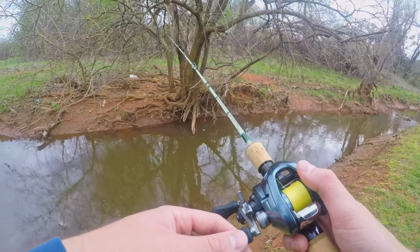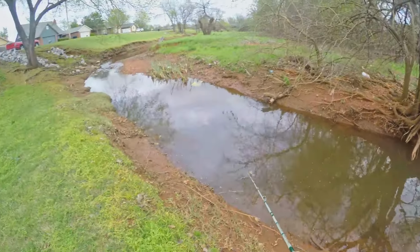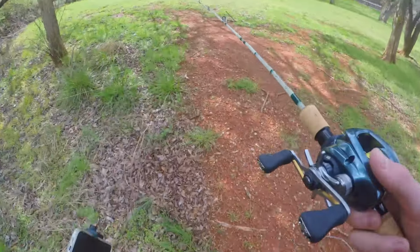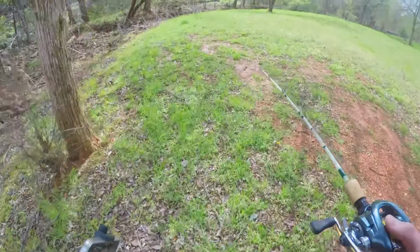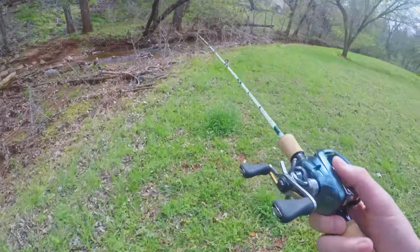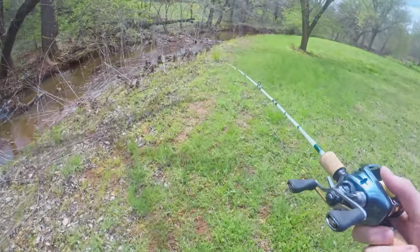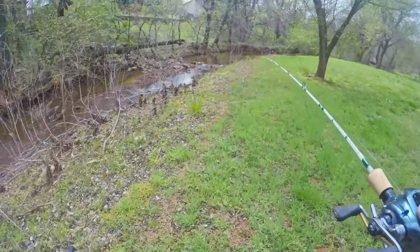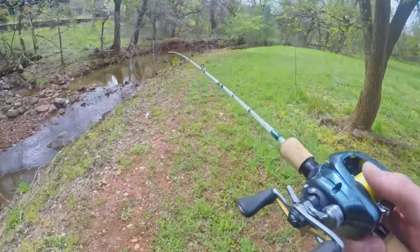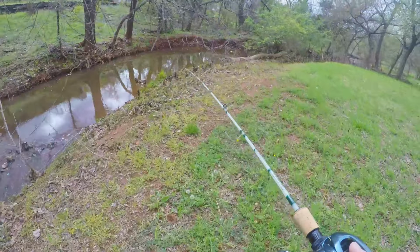but I only got to fish for maybe 20-25 minutes at most. I'm wearing the waders so I stay warm, and because I'm trying to get in all the possible places of this creek. There's a lot of spots that I haven't fished in a long time just because I haven't taken the time to wade through it, but it's been cold. So normally when I wade through it, I just wade in my shorts whenever it's in the summertime, so it's warm. But we put on the waders today so that we can get in this colder water and not be